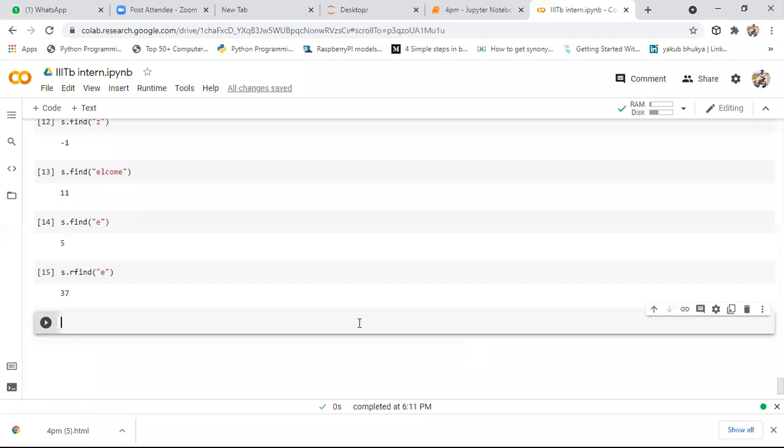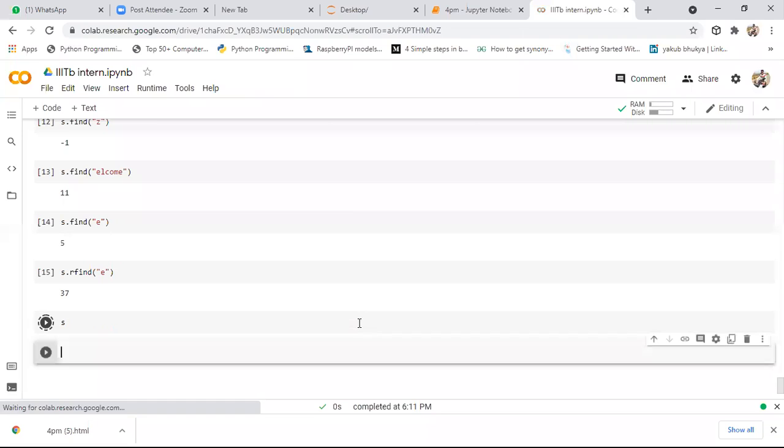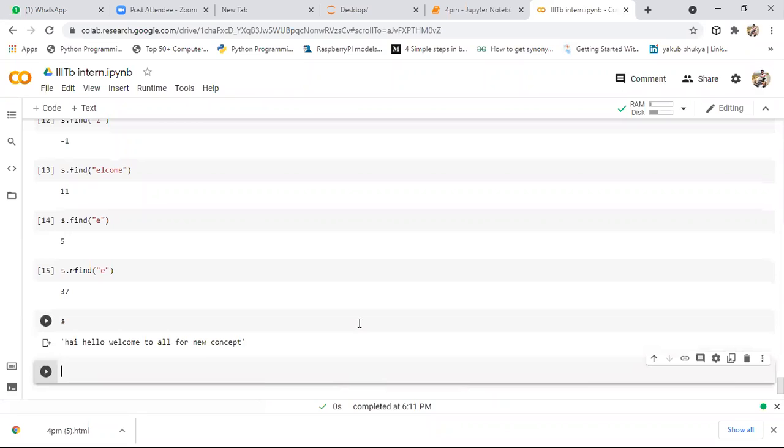After that, we have the split method. In the string, we have content like hello, hi, welcome to our new concept. Here on this string, I want to apply the split method. Whenever you apply the split method on a string, by default it will split the string based on spaces.